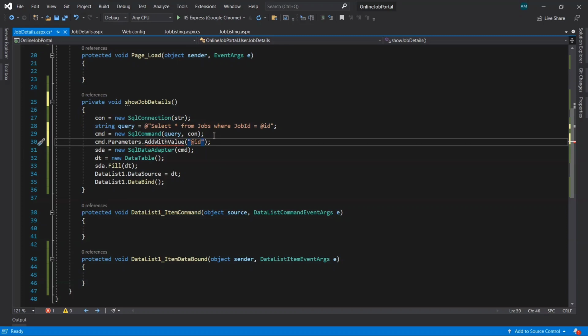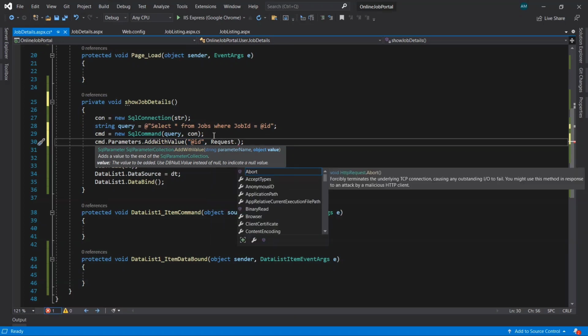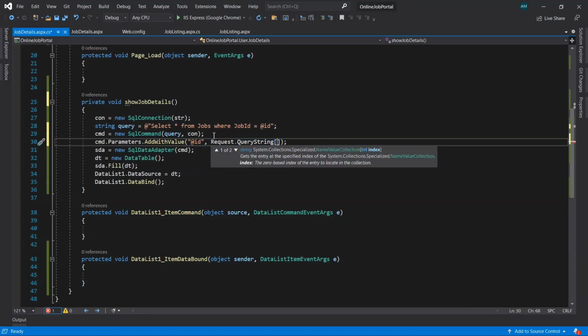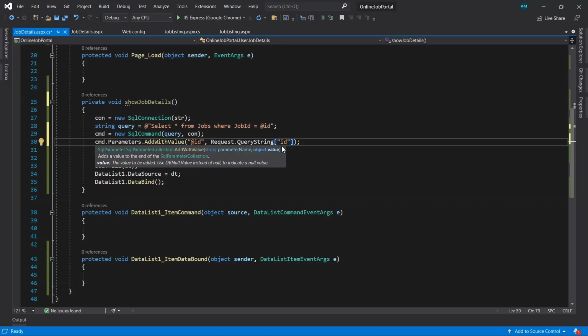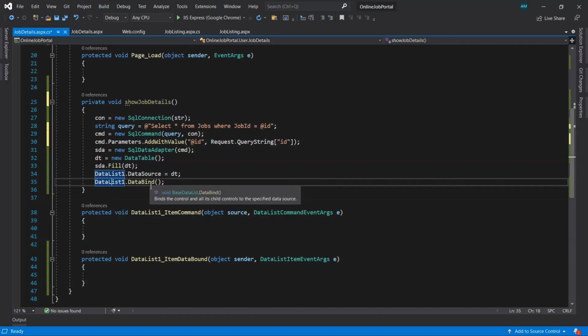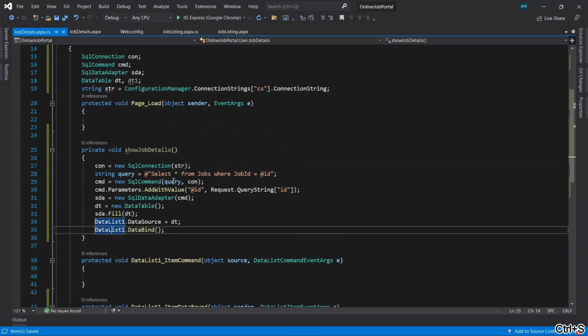Then the value for that is coming from the query string. So for that we need to write Request.QueryString, and the name for the query string, that is id. Then the rest of the code, I think, will remain the same. So let's just save it.